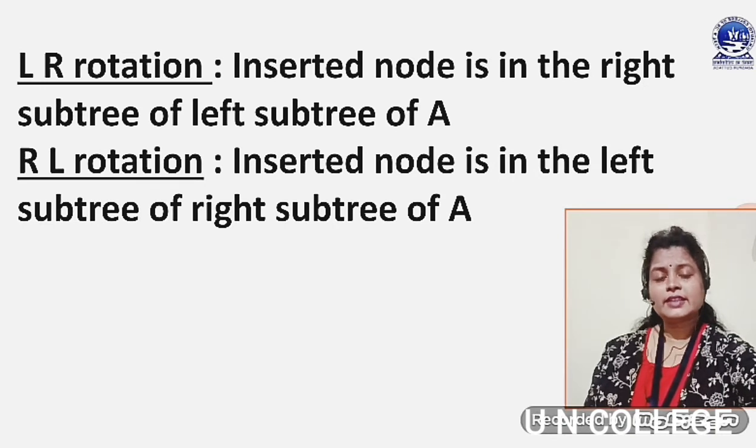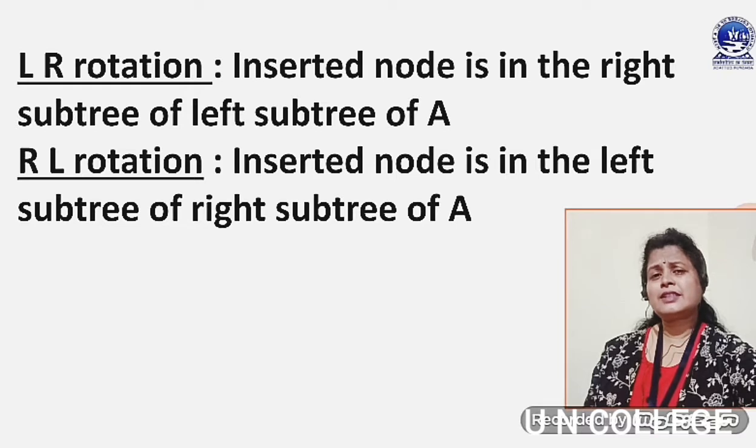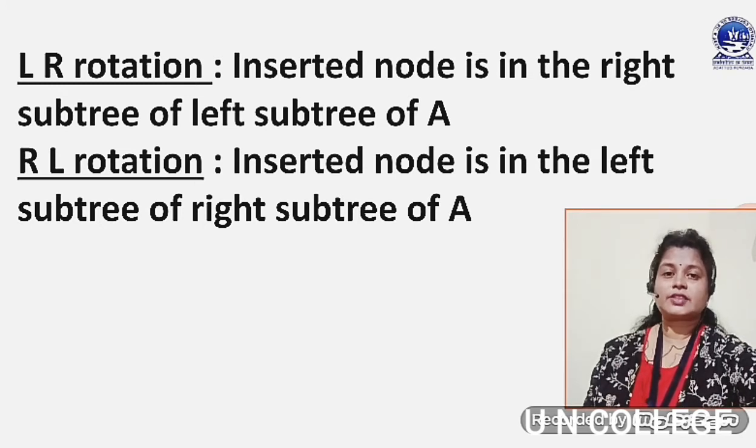Okay. The next 2 rotations are LR rotation and RL rotation, which are a little bit complicated in comparison to LL and RR, because in case of LR and RL rotation, we are adding one more node at the right side of the left subtree, and we are adding one more node at the left side of the right subtree. These two are called double rotation, because here we are performing two different rotations in combination. Also, I will explain by giving examples so that you will be clear about these four different rotations.